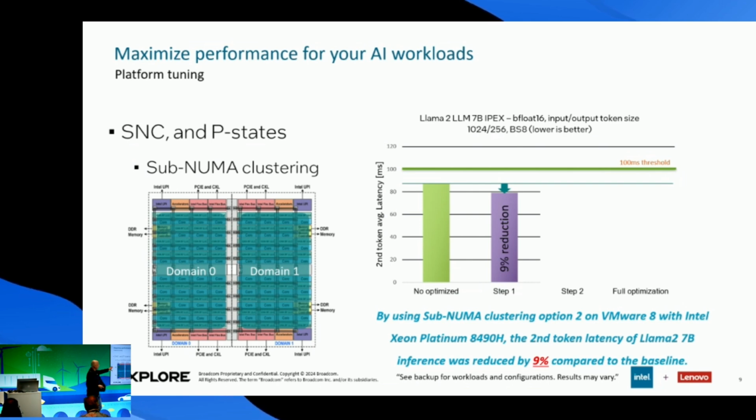Here's the diagram of the CPU, but I added yet another feature on top of that. I enabled sub-NUMA clustering. What it does is create virtual domains. It's dividing the CPU into pieces. In this case, I divided one single socket into 2 regions. That gives me the possibility to run one AI thread here and a second AI thread here and multiply results. At the end, that gives me